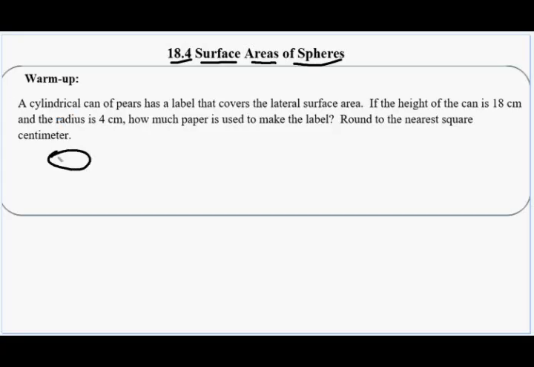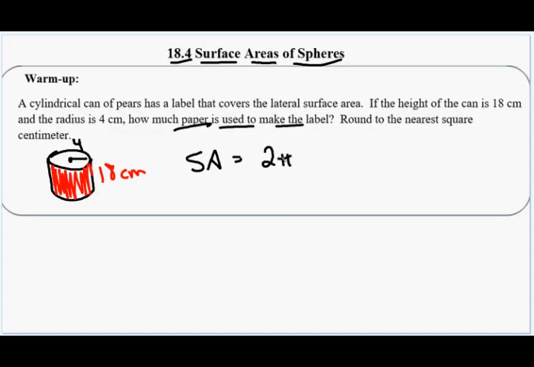A cylindrical can of pears has a label that covers the lateral surface area, so that does not cover the top and the bottom of our can. If the height of the can is 18 centimeters and the radius is 4 centimeters, how much paper is used to make the label? So our lateral surface area is just going to be 2 pi r,